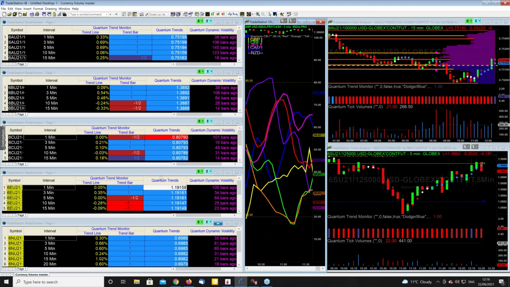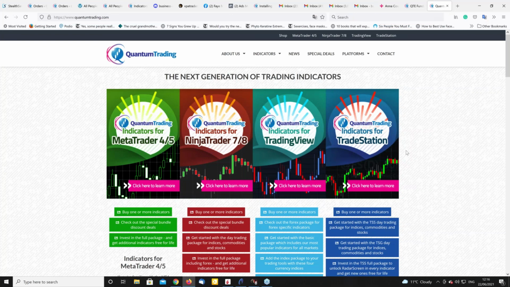This is Tradestation 9.5. What you're seeing there is the trend monitor here in radar screen. So we've got the quantum trends, we've got the trend monitor. The fact that these are all blue pretty much universally, certainly in terms of New Zealand dollar, pretty much down the piece across the 1 through 15 timeframe, means that we are seeing some selling of the dollar and buying of the currency majors. That's on 9.5, and then there's Tradestation Securities, which is on Tradestation version 10 and above, driven through the Tradestation Securities data feed. Radar screen is immensely powerful. You can have up to 1,000 different cells operating simultaneously on there.